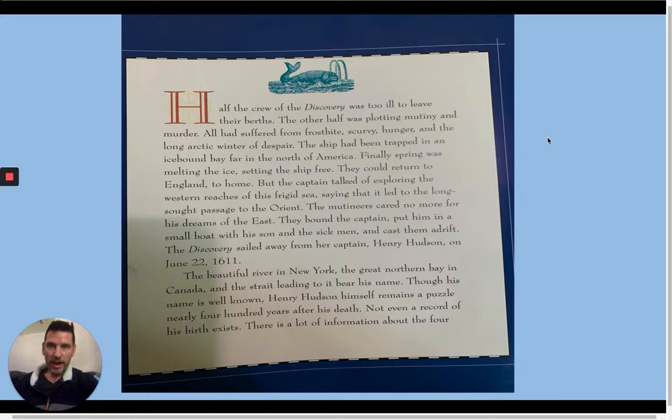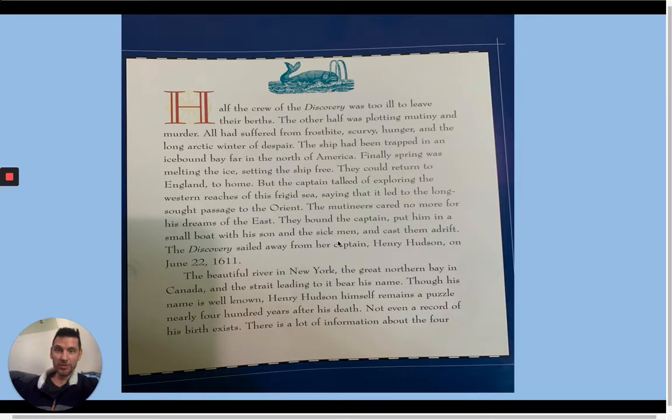The ship had been trapped in an ice-bound bay far in the north of America. Finally, spring was melting the ice, setting the ship free. They could return to England, to home. But the captain talked of exploring the western reaches of this frigid sea, saying that it led to the long-sought passage to the Orient. The mutineers cared no more for his dream of the East. For the East, they bound the captain, put him in a small boat with his son and the sick men,